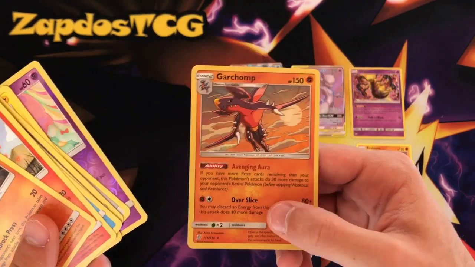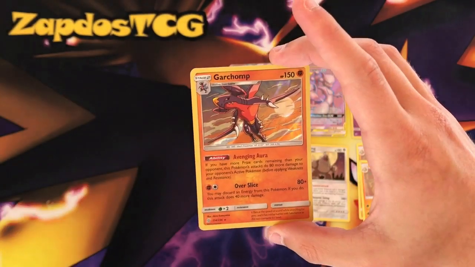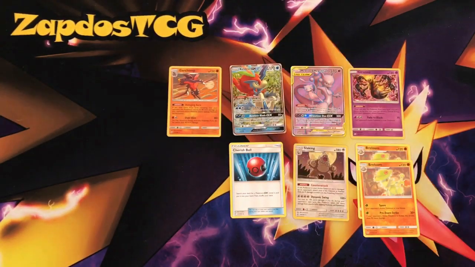And the rare in this pack is Garchomp. With free retreat, and if you have more prize cards left than your opponent, you dish out 80 more damage. So this Pokemon might actually see itself in some kind of rogue deck. But then you have to be relying on Rare Candy, since it is a Stage 2. Stage 2s still don't have it too great at the moment,